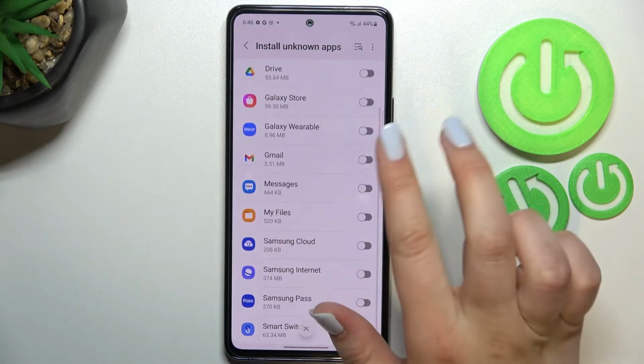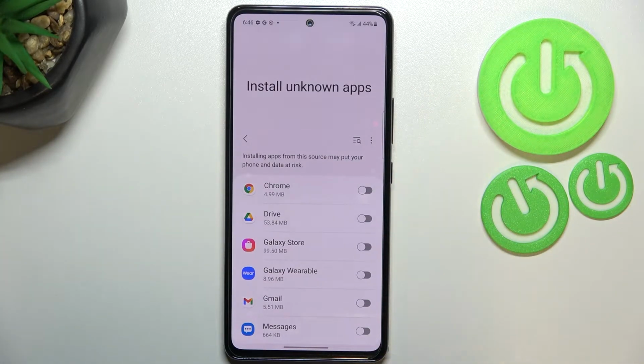And as you can see here, we've got full list of apps which are allowed or not allowed, just like in my case, to install some content. And if you'd like to change it, so for example allow Chrome to install something, just find it and tap on the switcher. And right now it is active, which means that the Chrome is allowed to install,